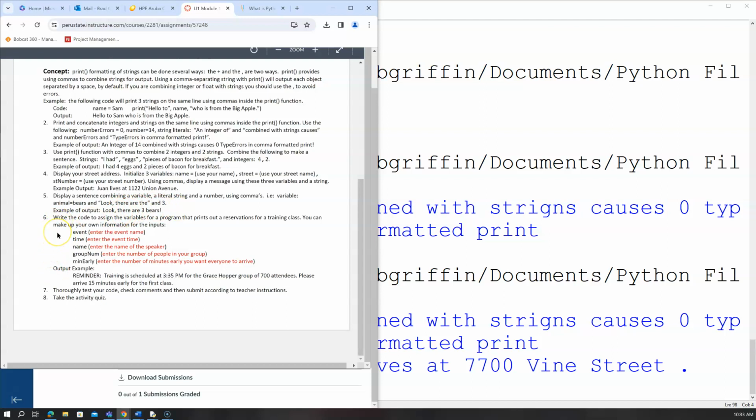Write the code to assign the variables for a program that prints out a reservation for training class. So event, time, name, group number, and minimum early. So what you're doing then is creating these variables, and then we're going to be able to look at them and print out a code that says, oh yeah, you want to be 15 minutes early. So you're going to create something that looks like this. So I'm pretty sure you guys can all do it. I have great hope and faith in you. Make sure that it is a Python file you are uploading. When you get